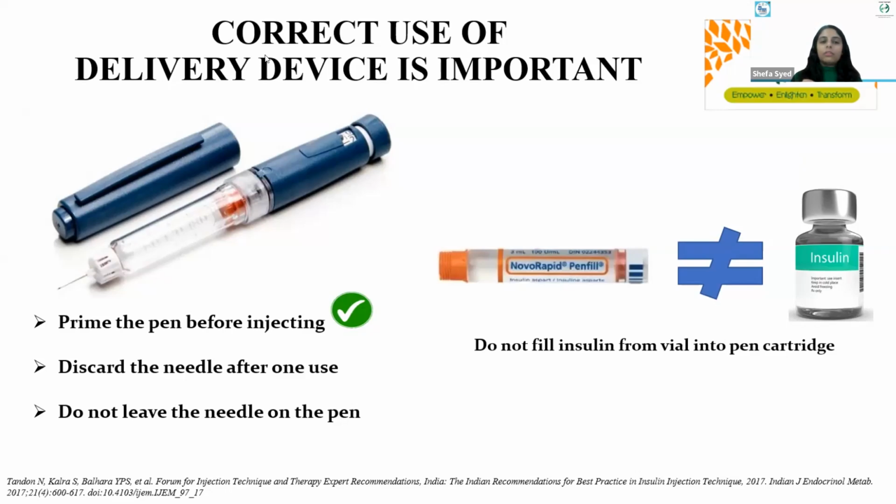So usually your pen cartridges are manufactured with the pen. So there are certain mechanics which are involved in the pen cartridge and the pen. Okay, so the insulin is designed or stored in a particular way. There is a pressure difference also between a pen cartridge as well as insulin vial. Okay, so if you inject insulin from a vial into the pen cartridge, it can affect the efficiency of your insulin, which can lead to inaccurate dosing as well as unpredictable blood glucose levels. Also, it increases the risk of air bubble formation, which is not desirable.